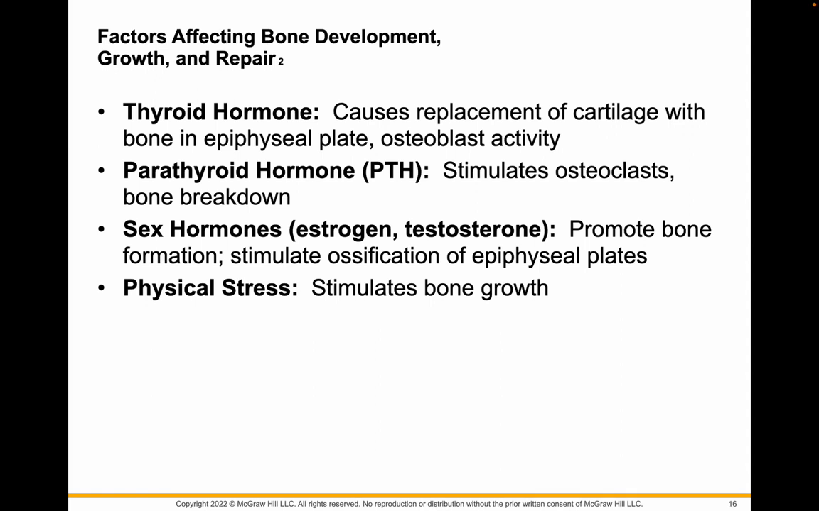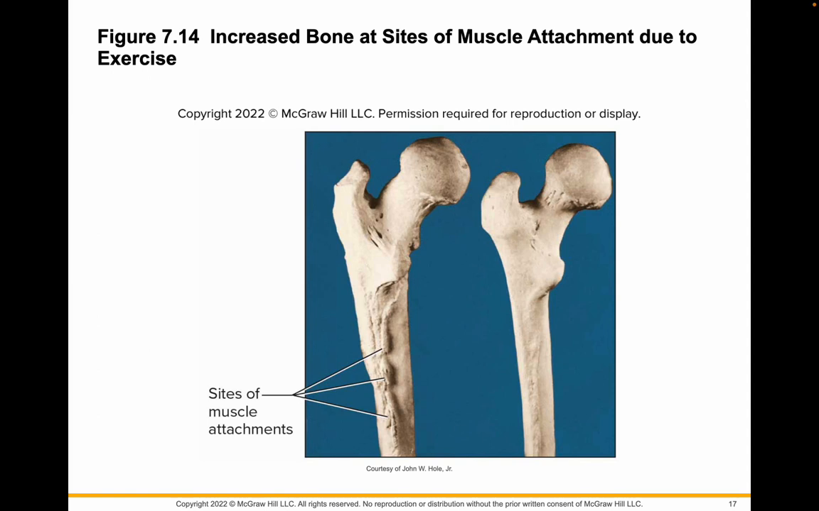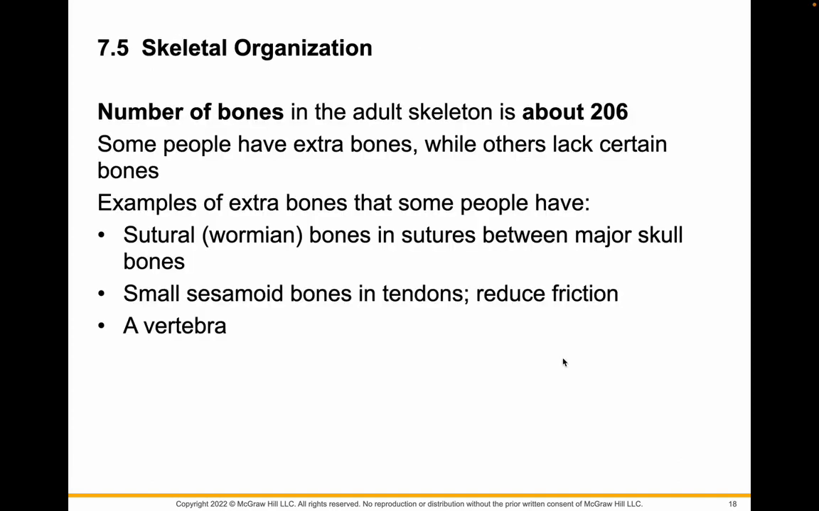And so a few things affect this building and growth of bone: the thyroid and the parathyroid hormone, sex hormones, and remember, physical stress actually working out makes your bone stronger. So this one is where muscles were attached and they were exercising. Much thicker of a bone than the one that did not. There are 206 bones normally in an adult skeleton, and